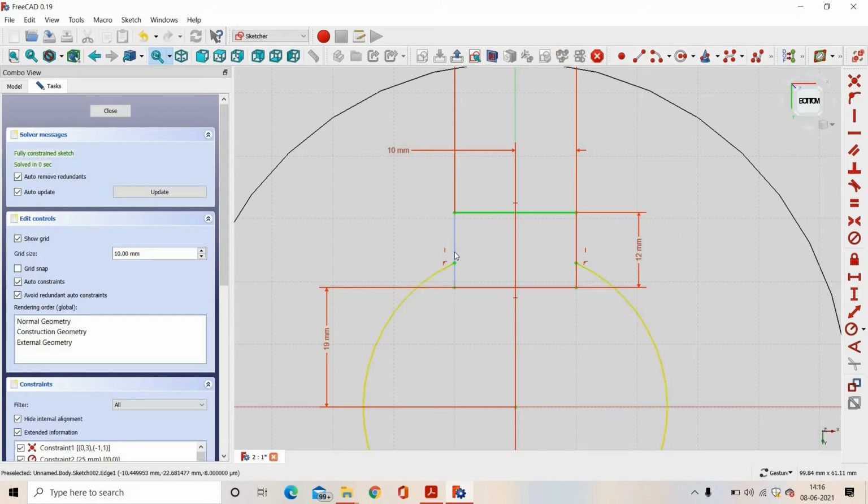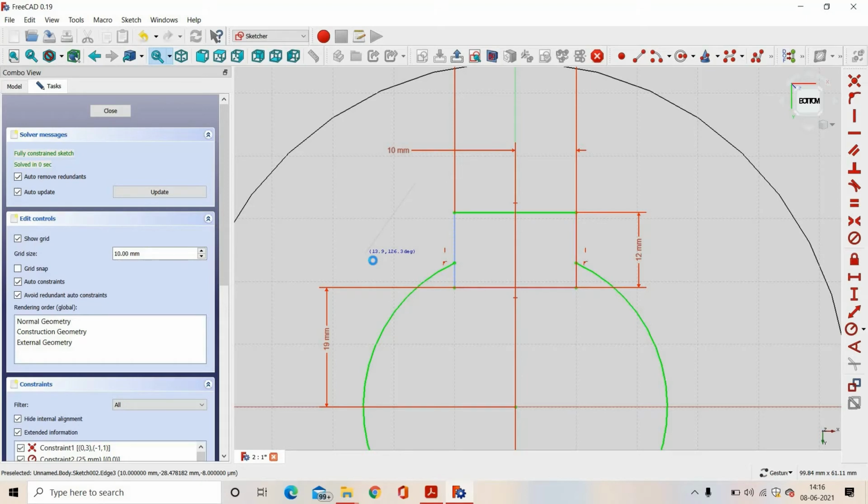So you can see it has been converted into a blue line. Now the sketch is open. To close this sketch, we will make a line here and here.